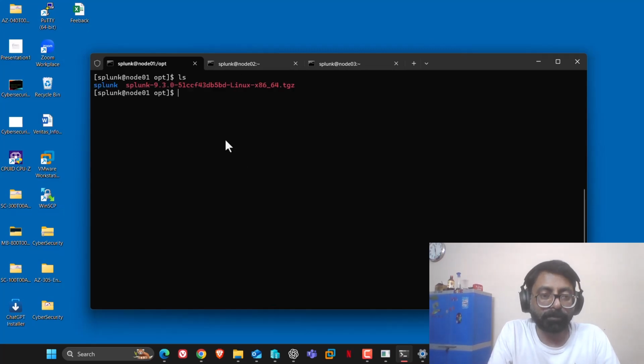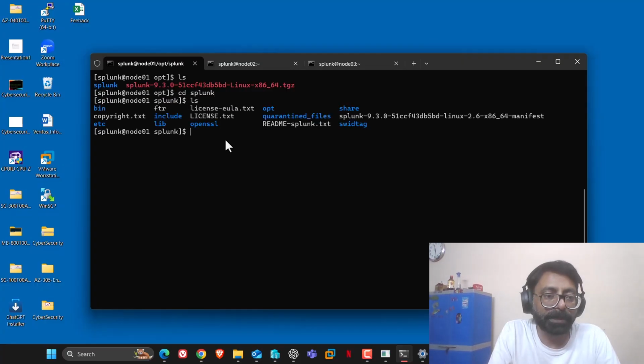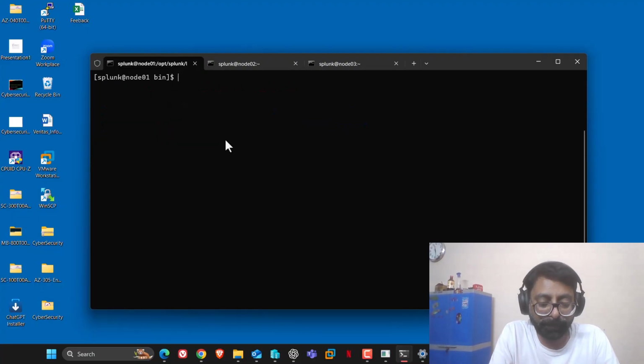If we check now, we will find the Splunk folder has been created. Just go to the Splunk folder and we will find the bin folder here. Just go to the bin. All the binaries which are used to run Splunk will be available in the bin folder. Let's run sudo